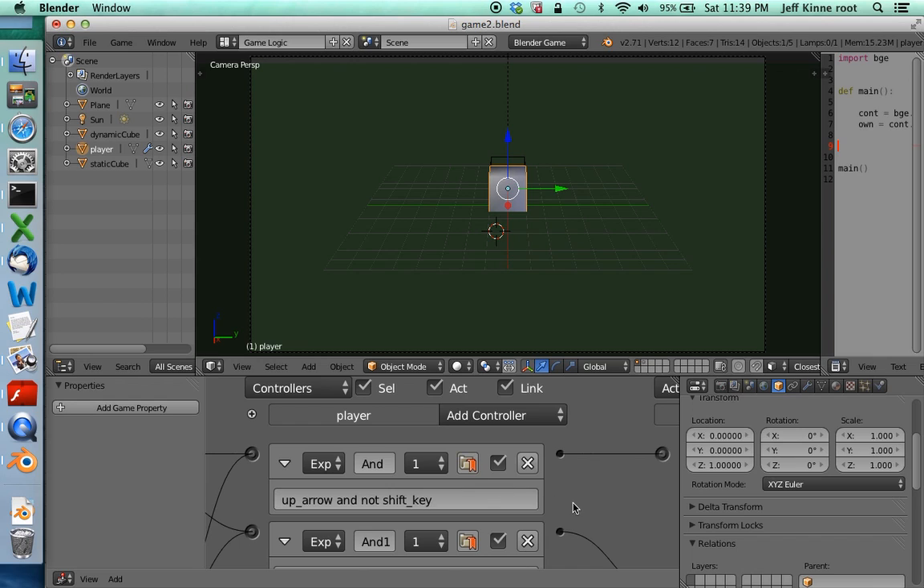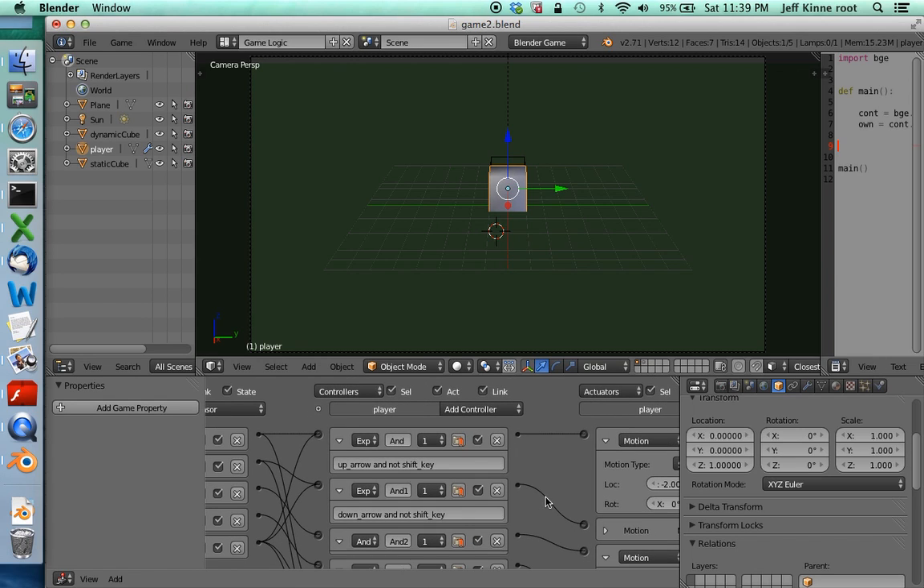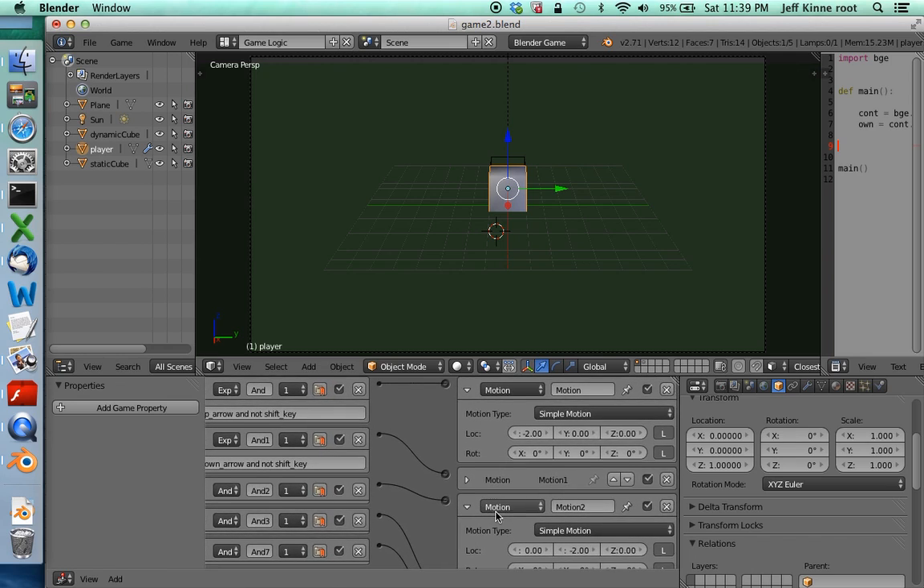Alright, that's for the up arrow. For moving along the x-axis, same kind of thing for the down. You have down arrow and not shift. For the z,